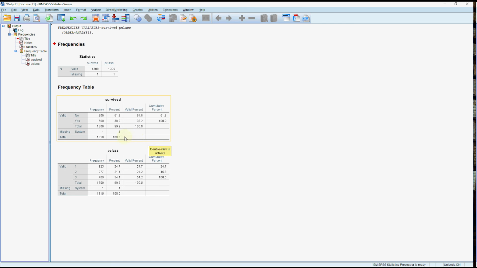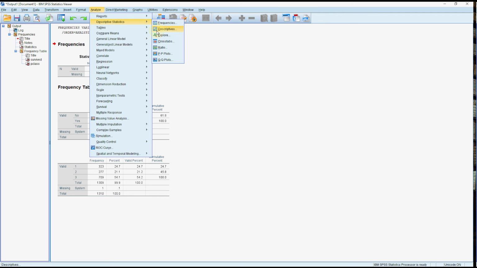And that's because it'll calculate the percent out of all of the rows for you, but then it'll also do the percentage out of just the valid rows, so that if you want it to ignore any blank rows or any missing data, just use the valid percent instead of the raw percent. And I don't think you'll need the cumulative percent at all for this. The next option is